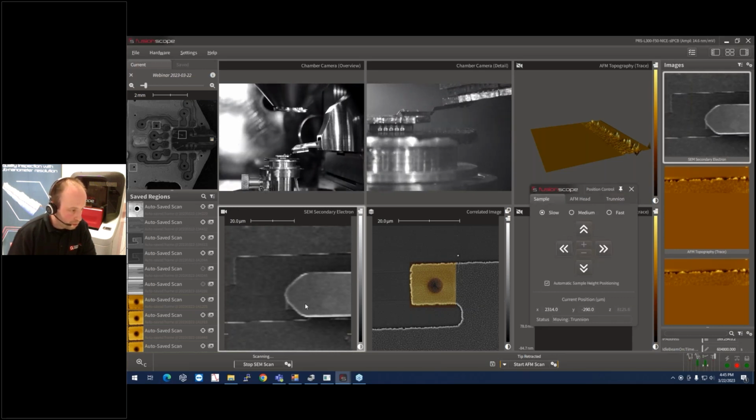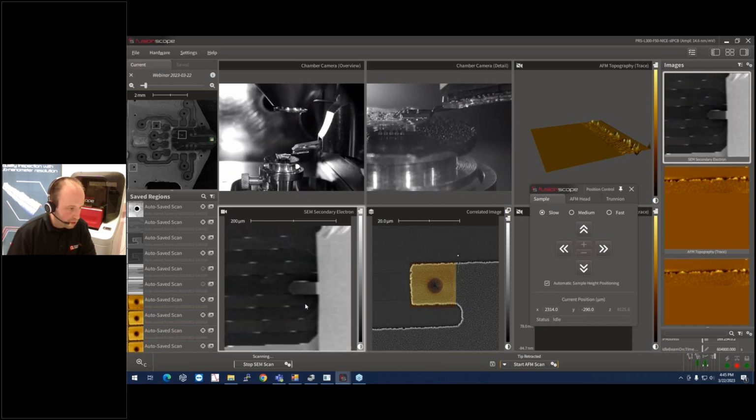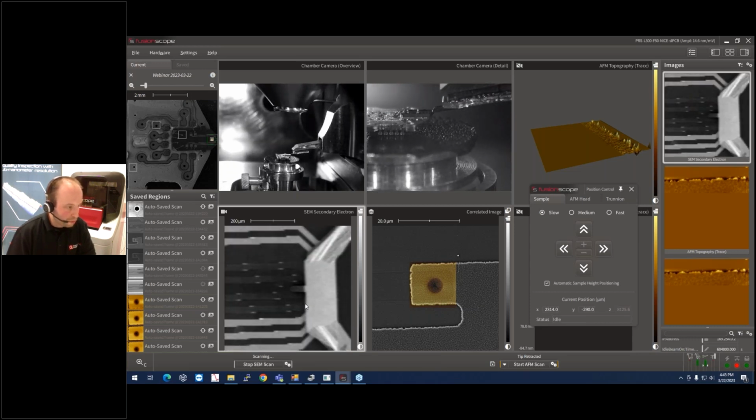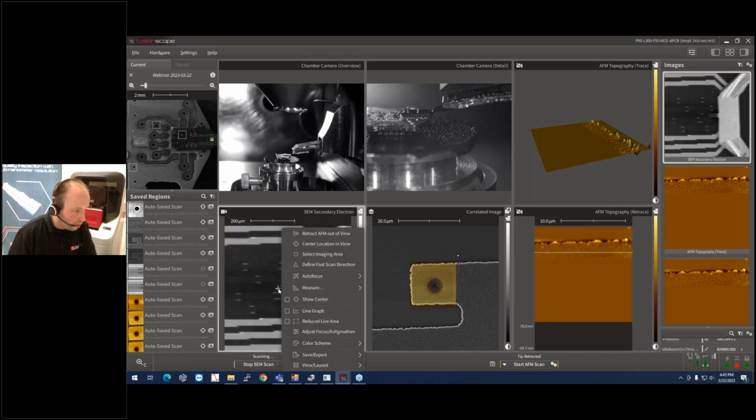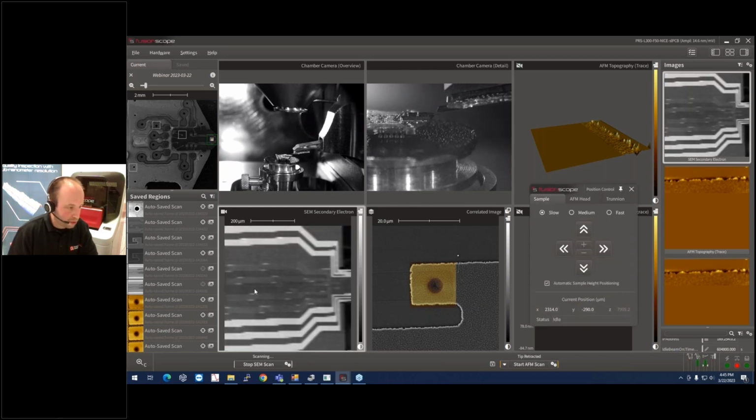Zoom a little bit out so that we can see more of our sample. So now we want to choose a different position on the sample. What I do is I move the AFM out of my view as I retract the AFM. So the AFM retracts, and now I can just double click into the SEM picture, for example, like this,